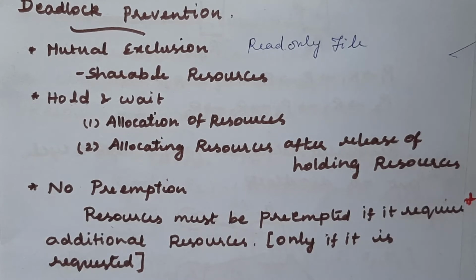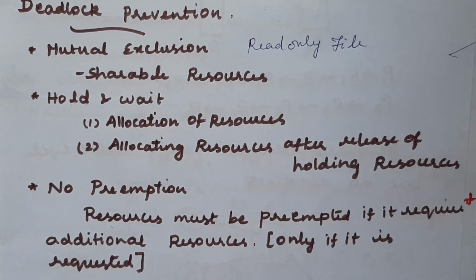Allocation of resources, which means all the resources should be allocated to the particular process whatever it is requesting. If it requests 3 or more resources, all the resources must be allocated. So that is the very first protocol. But what is the condition to be checked? It should not have any other resources already, right? So it should not hold any other resources. That was the condition to be checked there. And if it's so, we can allocate all the number of resources.